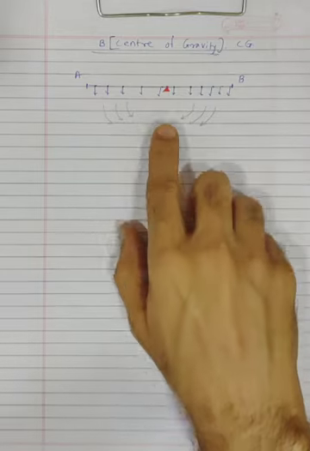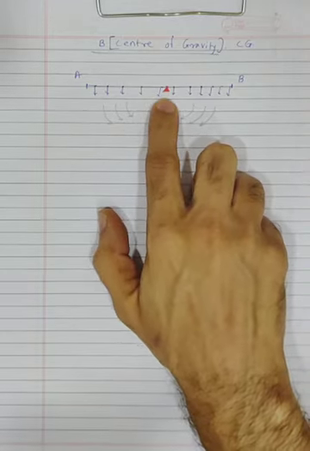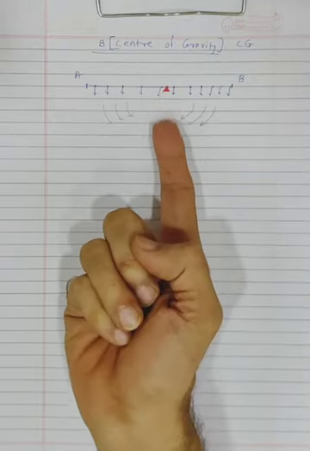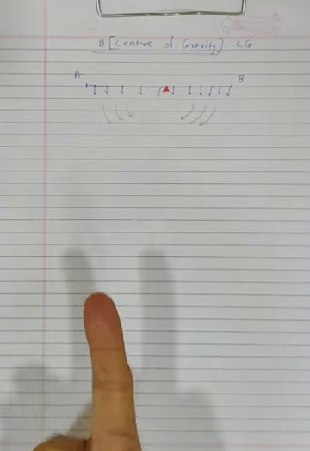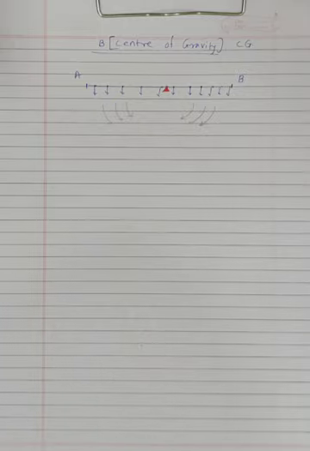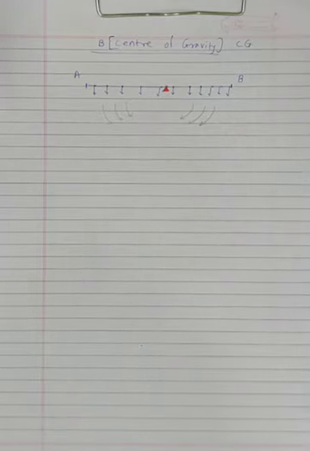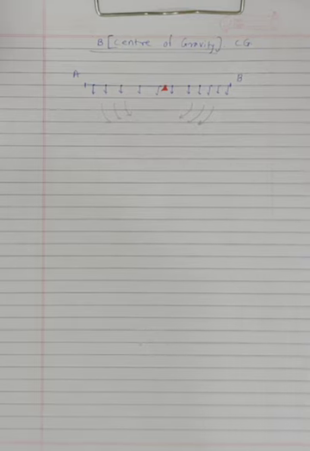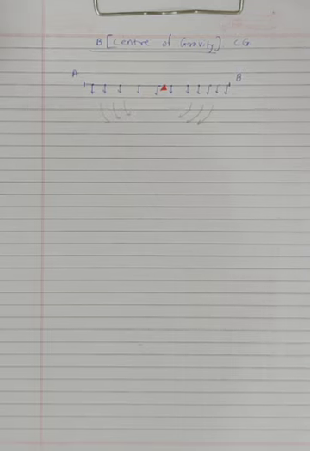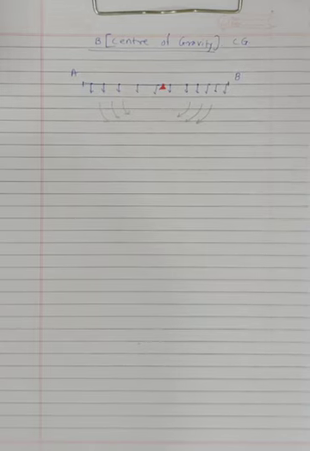It will feel as if the whole weight is acting from this point. So if you keep your finger beneath that point, you will be able to balance it. And there is only one such point in this ruler. If you move your finger left or right, you will not be able to balance it without any external forces. That point is called the center of gravity. I have told you the logic, the meaning of center of gravity, but you'll have to learn the textbook definition word for word as it is given in the textbook.